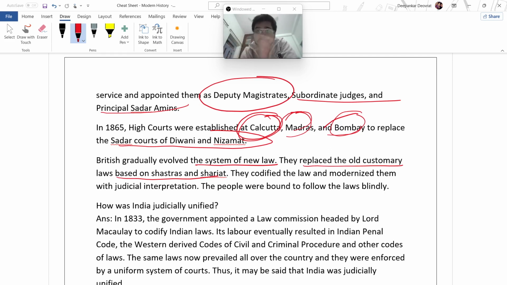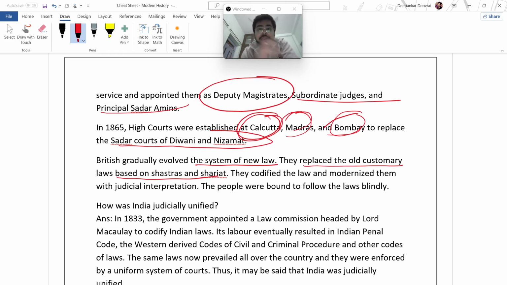So there were issues also present at the time. The number of cases was high. The cases used to take lots of time. The fees of the lawyers were very huge. And today also these are the same themes. We have a lot of pending cases. Reaching the court is difficult. The fees are difficult. But yes, the government provides the lawyers and all. So these are separate cases. But yes, there are lots of pending cases with the courts.